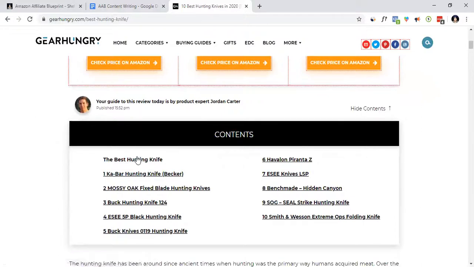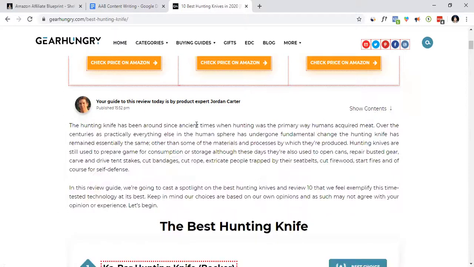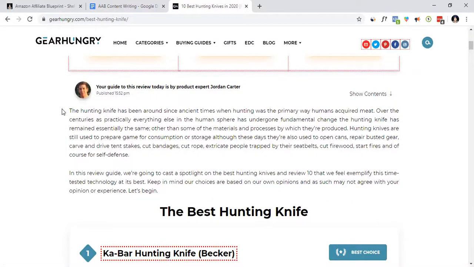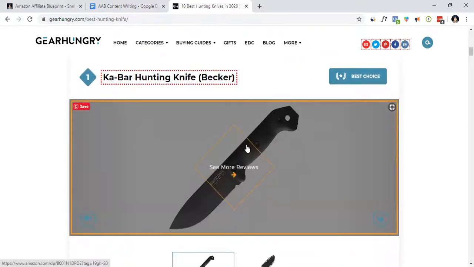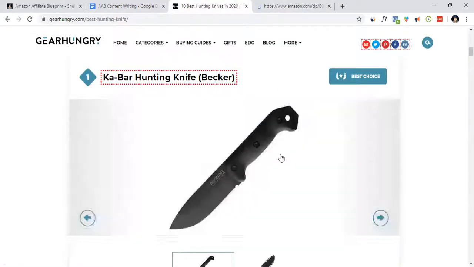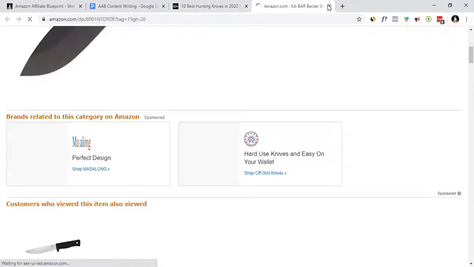Then they have a good table of contents available over here. I have seen this for the first time; I did not give too much attention to their site. As you can see, a good table of contents, and every heading is properly optimized as well. After that they have the hook heading, the hook that makes you crazy about their website. Then they are also sending you to Amazon using images, so you can do that too with a nofollow tag. Nofollow is given, and the best choice makes you want to buy it.